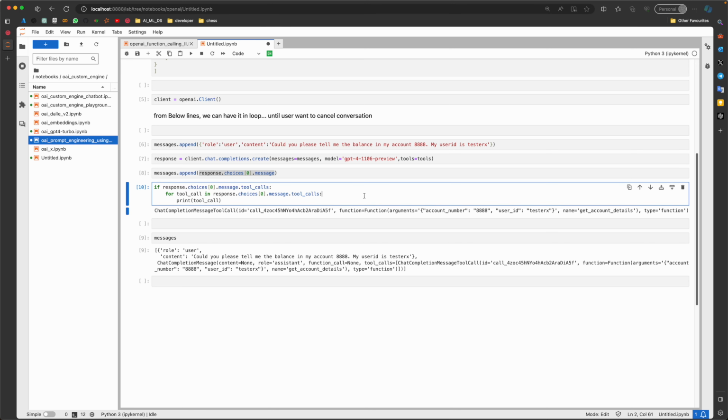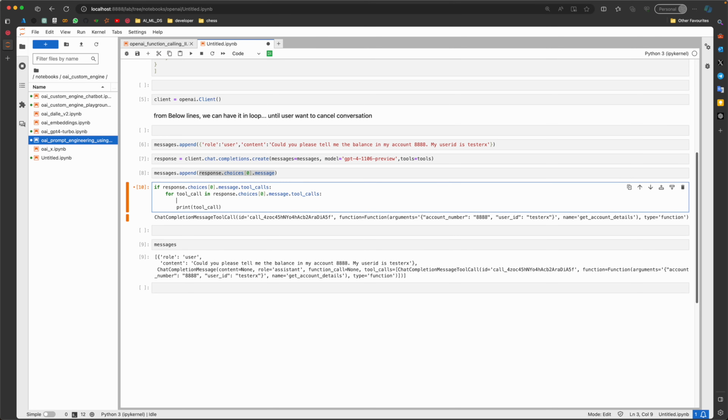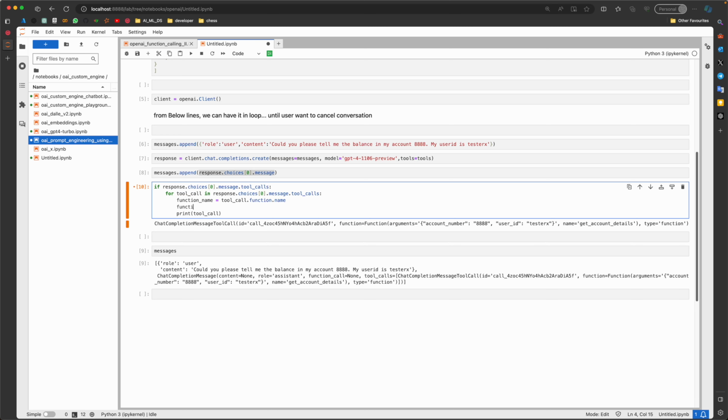So let's fetch everything. Function name is equal to tool call dot function dot name, and function arguments is equal to tool call dot function dot arguments, right?